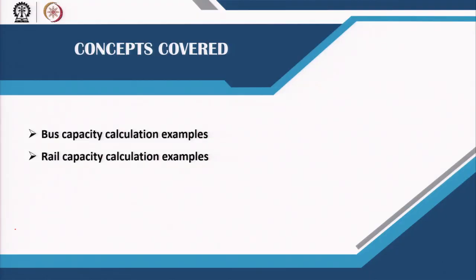We are going to give you one example each of how to determine bus capacity and rail capacity, and mostly what you will see are empirical formulas that are used in calculating these problems. So, you do not have to worry about memorizing these formulas, but understand the concept of what the different inputs are that are needed in these calculations, and if you understand those, the rest is pretty simple.